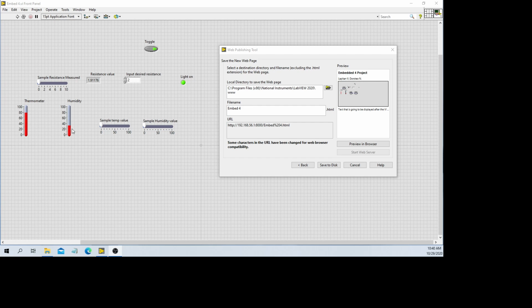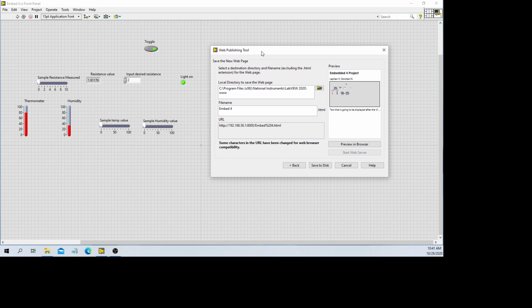Since there is no existing library in LabVIEW, I've searched libraries like in Arduino, where there is no existing library for DHT11, and that library cannot run without an actual input from the humidity sensor DHT11. So we set up a sample temperature value, which would be connected here, and the sample humidity value, which will be connected on the humidity.